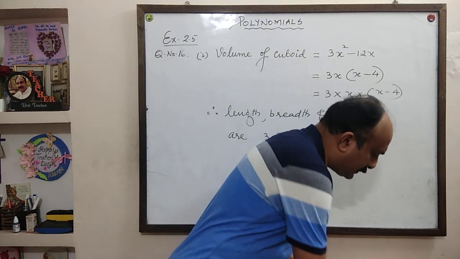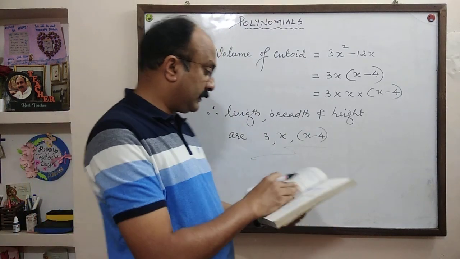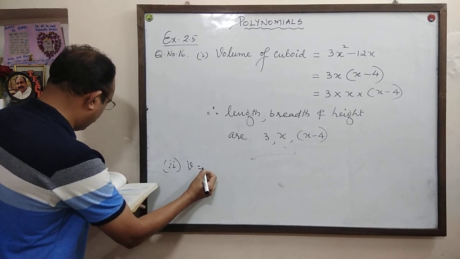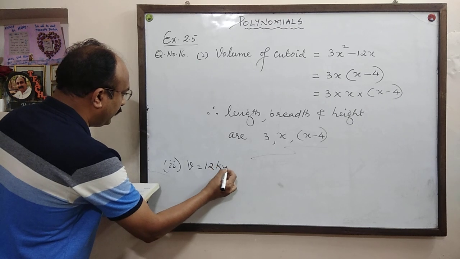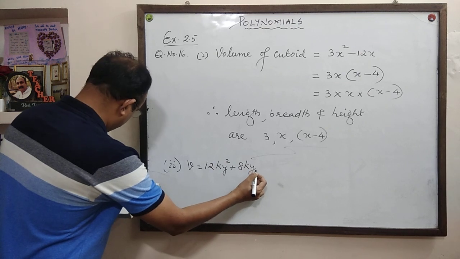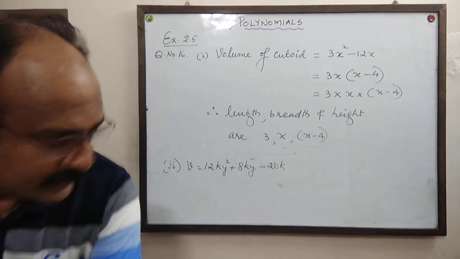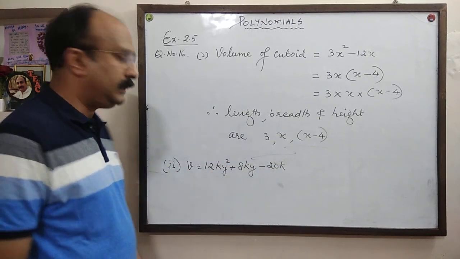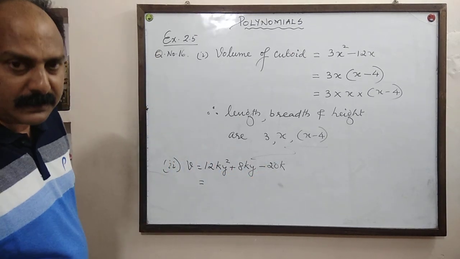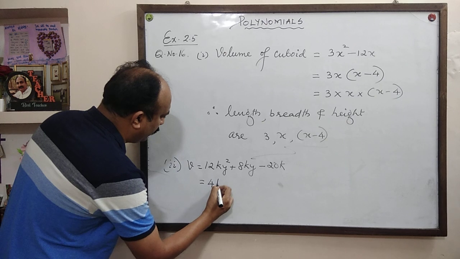Now in the same way one more question is given, and the second question is volume is equal to 12ky square plus 8ky minus 20k. 12ky square plus 8ky minus 20k. What is common? 12, 8 and 20, what is common? 4 is common. k is also common. So 4k into